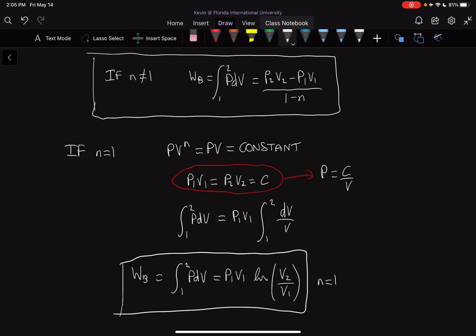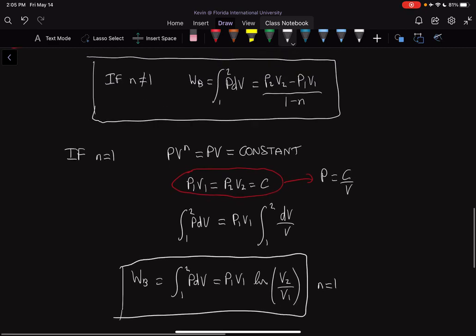Now, these two expressions that we came up with for the integral of PdV may or may not equal work boundary. Okay, so it depends on the thermodynamic analysis. So if the thermodynamic path does not look like a polytropic process, then you can't use the polytropic process equation. You will be told in a question if you have a polytropic process or not. You will usually be told. Okay, there's one exception to this, but we're going to be doing an example on that in a little bit